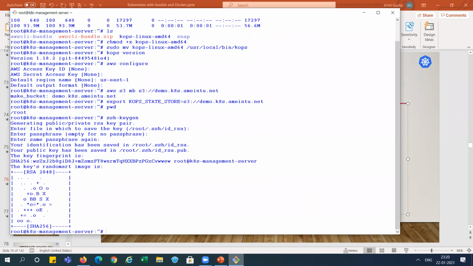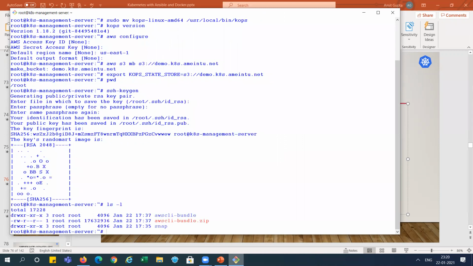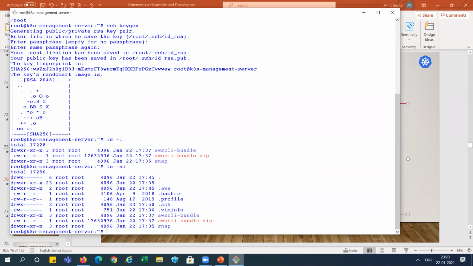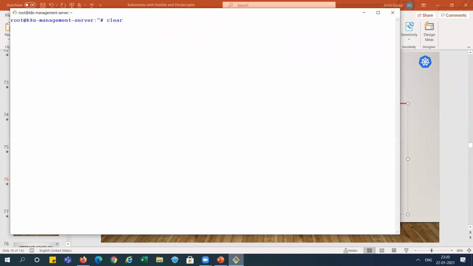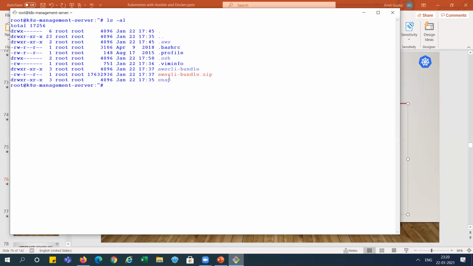See, you can check it here. ls -al. You can see the .ssh file is there. This is the public key and private key it created, right?